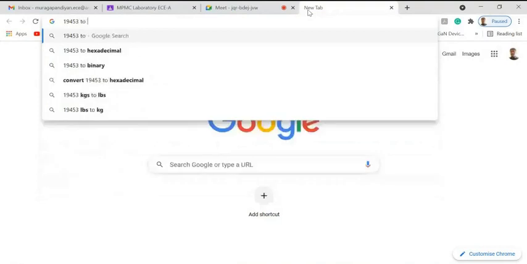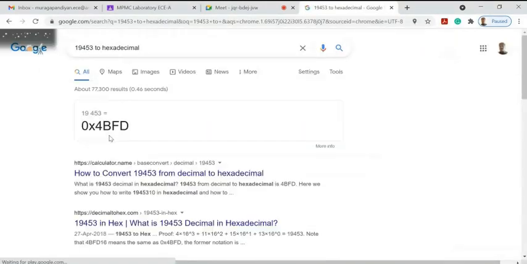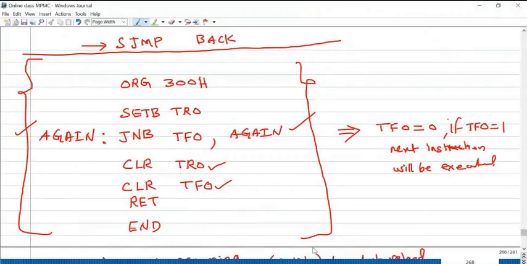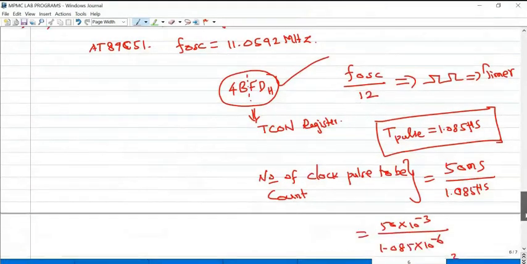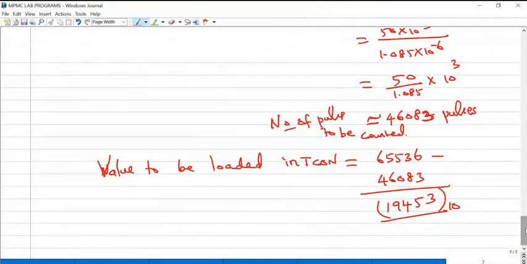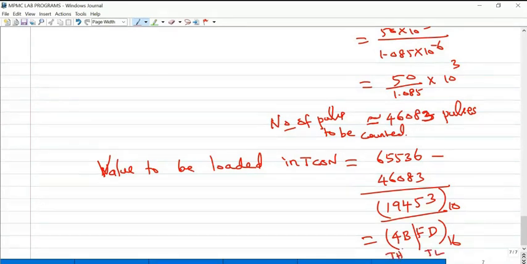The hexadecimal value of 19453 is 4BFD. So FD should be loaded into TL and 4B should be loaded into TH.